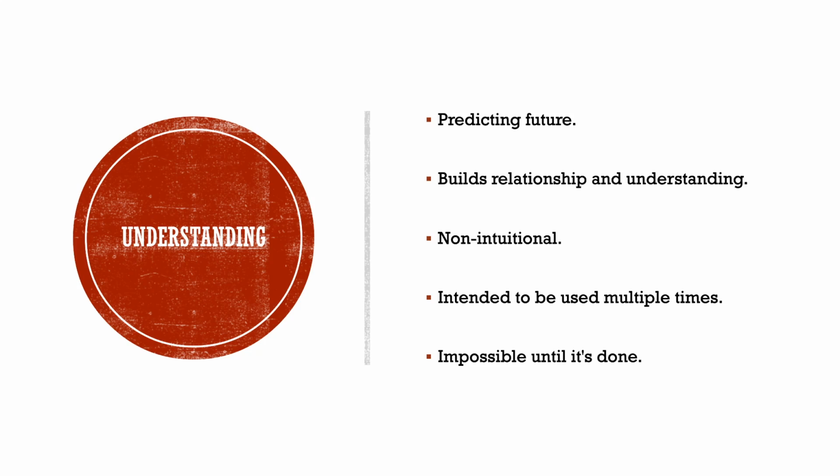What makes this theorem very famous is that it is very non-intuitive to people, and we will see this point later in the video as well. This theorem is intended to be used multiple times, and that is why it is used in artificial intelligence algorithms and also in deep learning. It helps build understanding and relationships between different sample values and the sample data we have. We intend to run this theorem multiple times on a given set of data, and that helps us predict more accurately